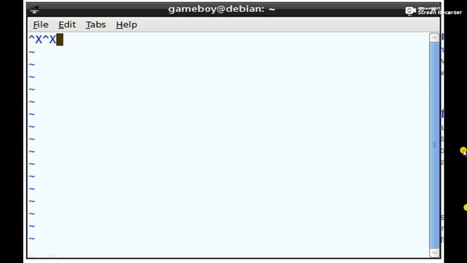And after the Vim editor is entered, we will go into the insert mode. After going into the insert mode, we will write the script. When the script is completed, we will exit from the insert mode by the escape key. So let's see how we will write this script.